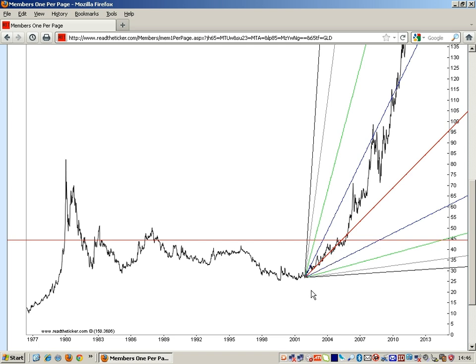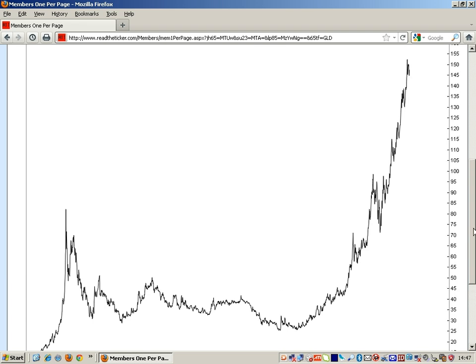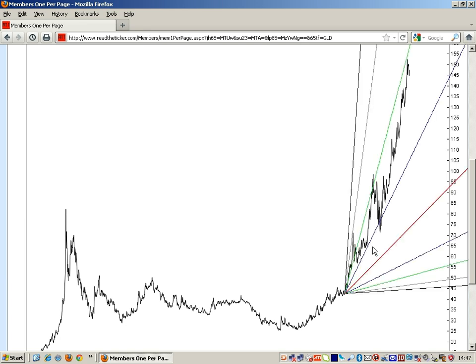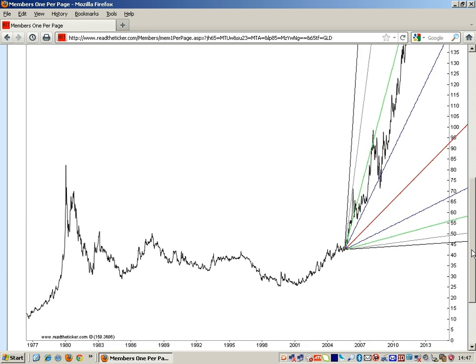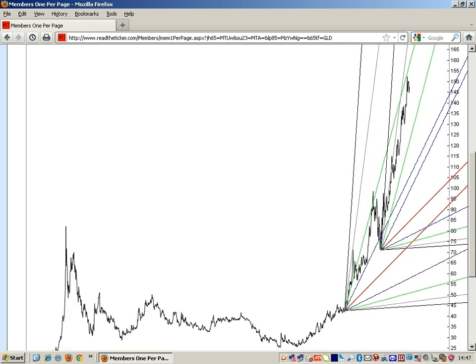So once you know the markup phases and the markdown phases, you can easily circle around where the accumulation is. Sometimes you get a direct transfer from markup to markdown without any distribution. It's a scream up and a scream down. That's the way it is with commodities. For example, what's going on now? This gold chart, as you know, has been screaming up in pure markup since 2005,